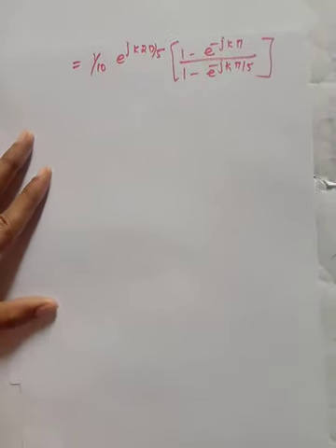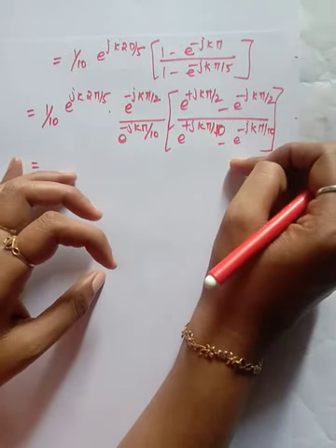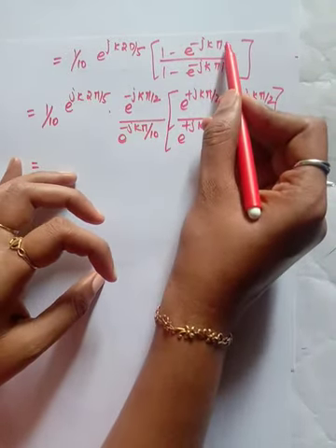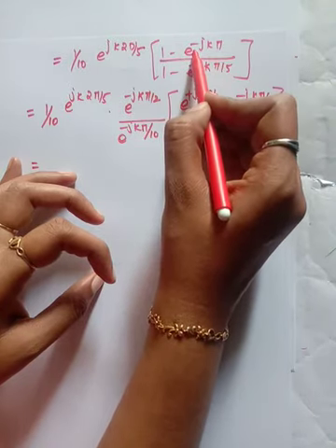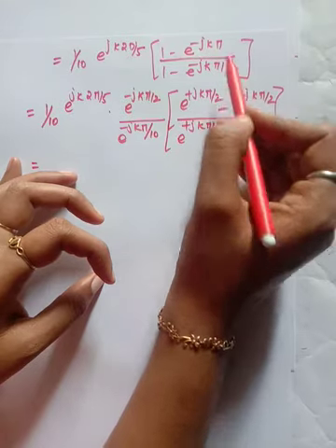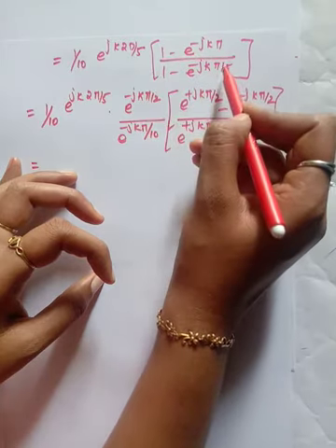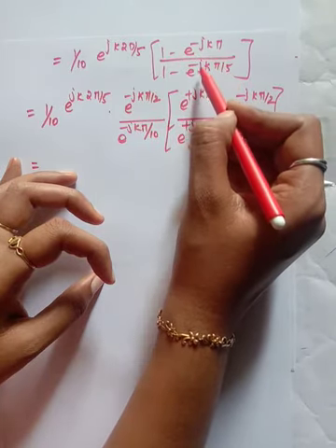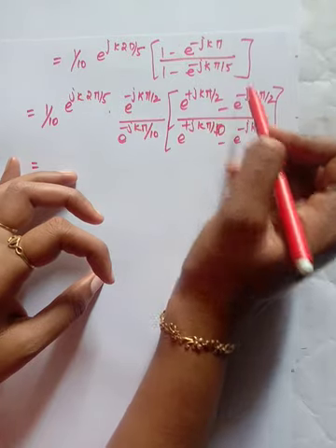So now I am going to simplify this. In order to write this in terms of sine, I have taken one term outside. So the numerator can be written as e^(-jkπ/2) into e^(-jkπ/2), taking one term outside, so when you divide it, you will get a plus. Similarly, in the denominator, dividing by 2, I will get e^(-jkπ/10) into e^(-jkπ/10).